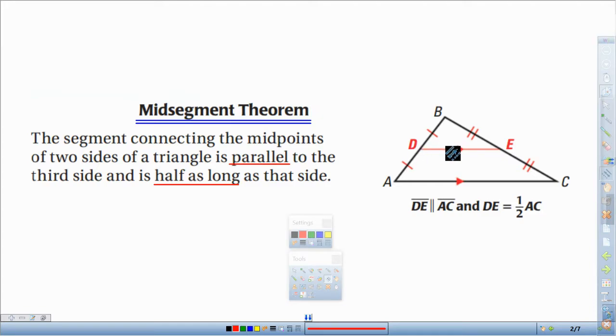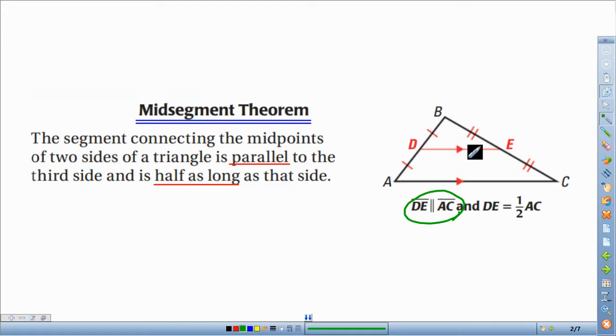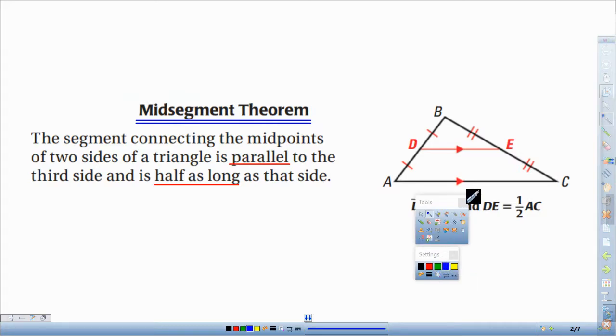So what's going on here is this line right here, which by the way is a mid-segment. Here's the two things we know. We know it's parallel to this third side. Remember those arrows mean that it's parallel, which by the way, that's what this is saying right here. DE, the mid-segment, is parallel to AC, this side length. We also know that the length of this mid-segment is half the length of this side length. So for example, if we knew that this side length was 20, we would know that our mid-segment would be half that,